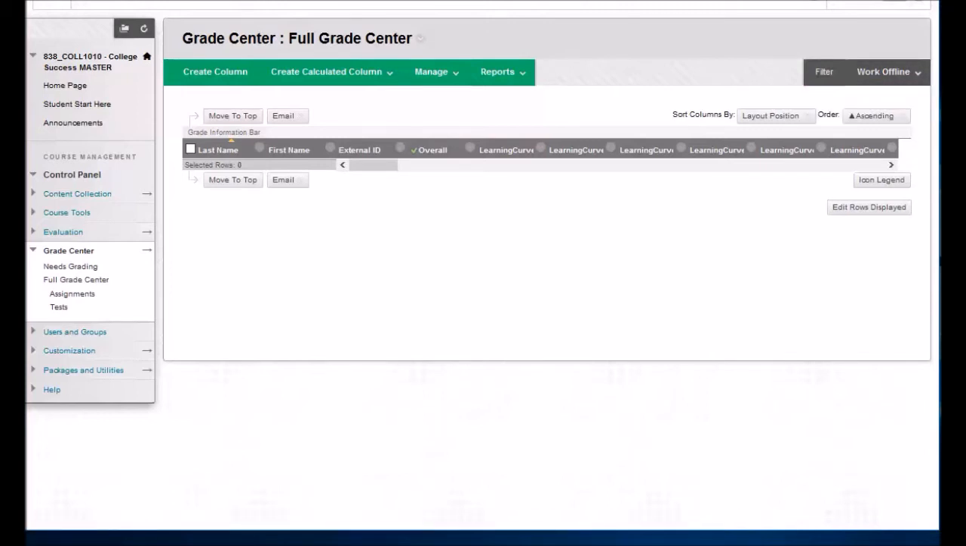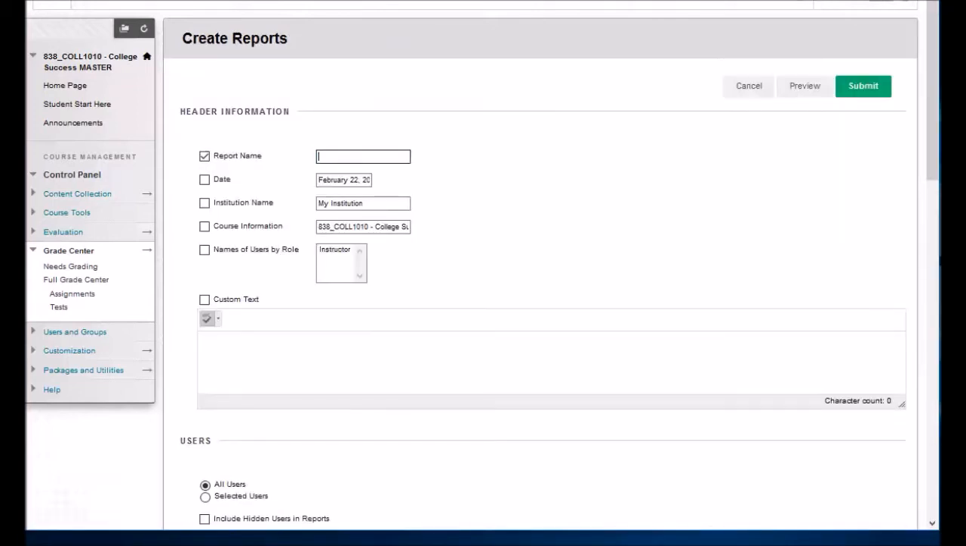Now there's another way that you can download information, and it's not in that format, it's in a different format. It's actually kind of cool if you want to keep it for your records. If you mouse over reports, again, we're at the full grade center, mouse over reports and create report. And when you do that, you give it a name. I'm going to give it the term name,